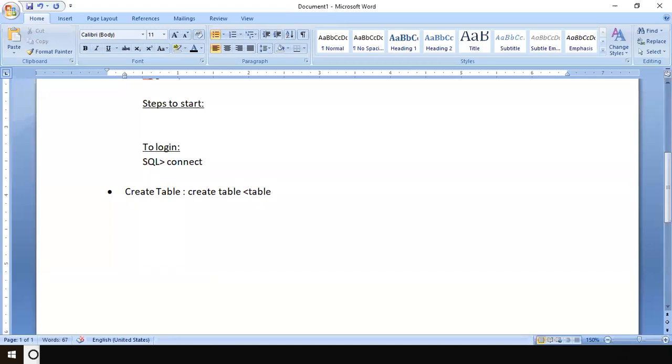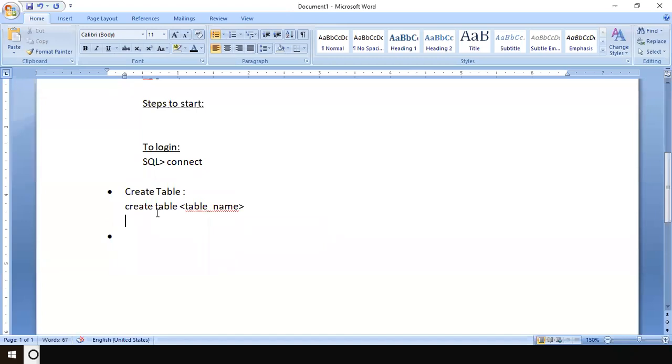That doesn't mean you type the angular brackets; it just makes you understand that whatever is in angular brackets is a user-defined variable. The rest are all keywords. Create table, table name. After that, I normally take it on the next line.